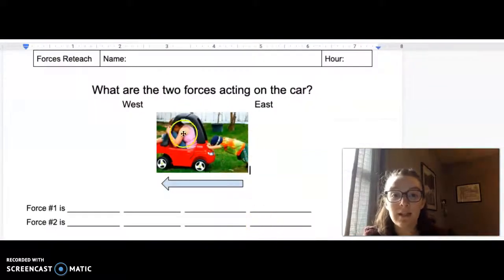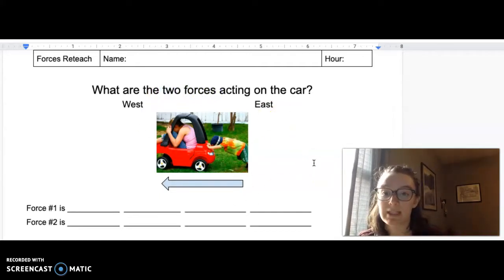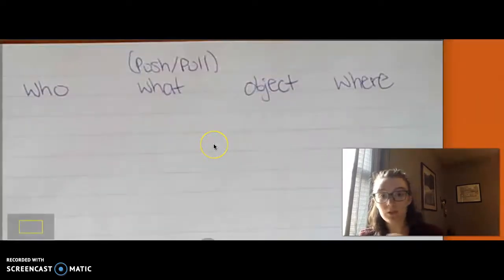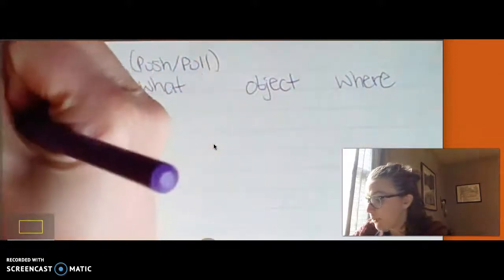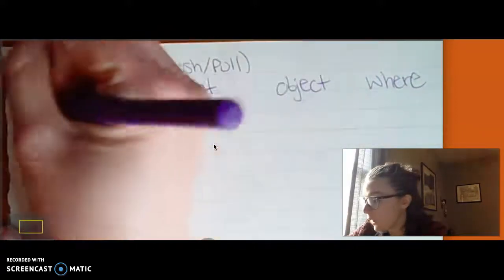It even told us there are two forces acting on the car. When we look at this picture, I think force number one is pretty easy to figure out. We already know what our object is, and the object is the car. But we have to figure out what is actually forcing the car to go in a direction. I can see there is something acting on this car, and that would be a child. So we're going to write that out. Force one is,